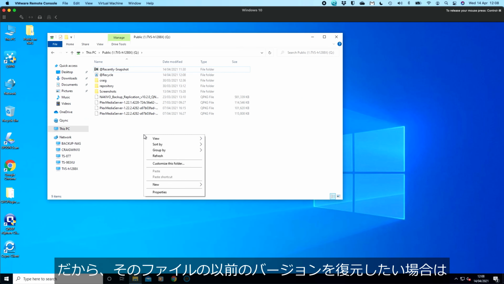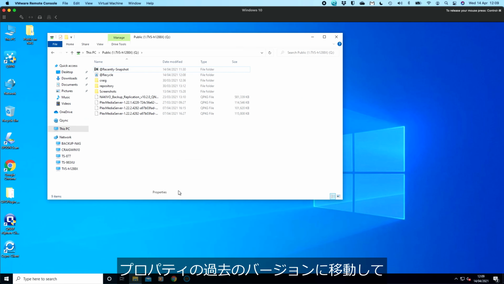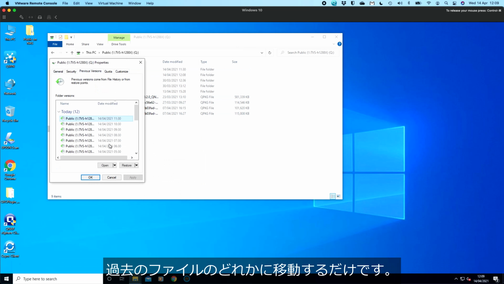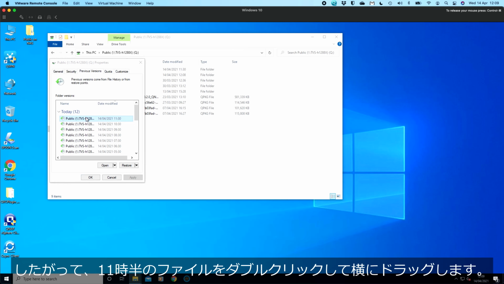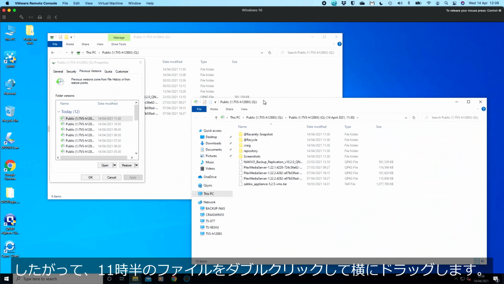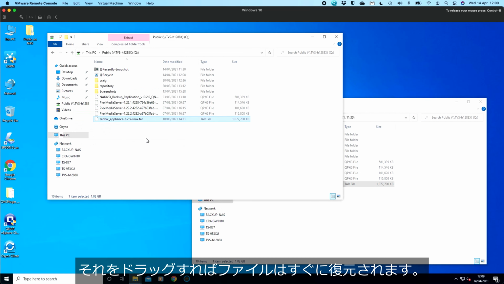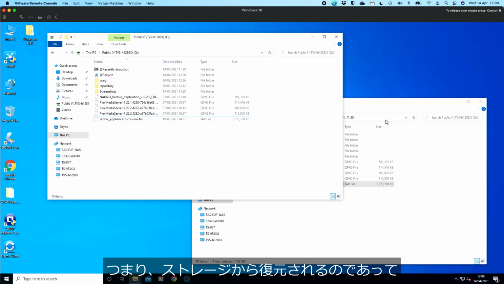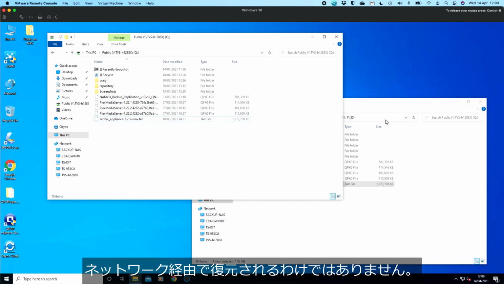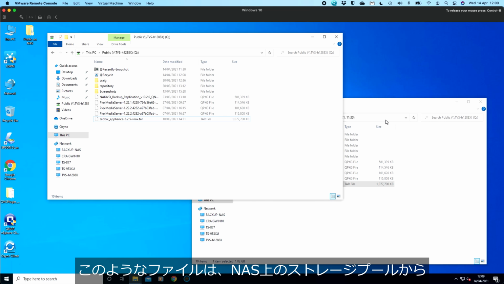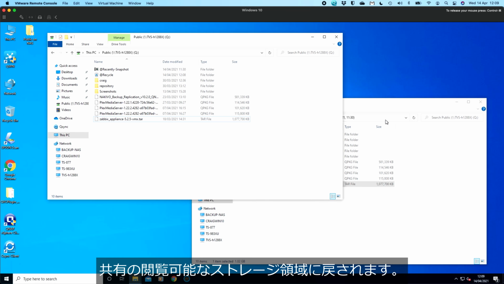So if I wanted to restore a previous version of that file, I just go to Properties, Previous Versions, go to any of the past ones, so even the most recent one at 11:30 would work. Double click that, pull it off to the side. I can see the Zabbix appliances there, and I can just pull it back in. And the file's going to be back pretty much instantly. So it's coming back from the storage. It's not being restored across the network. These are effectively being put back into the live viewable storage area of your share from within the storage pool